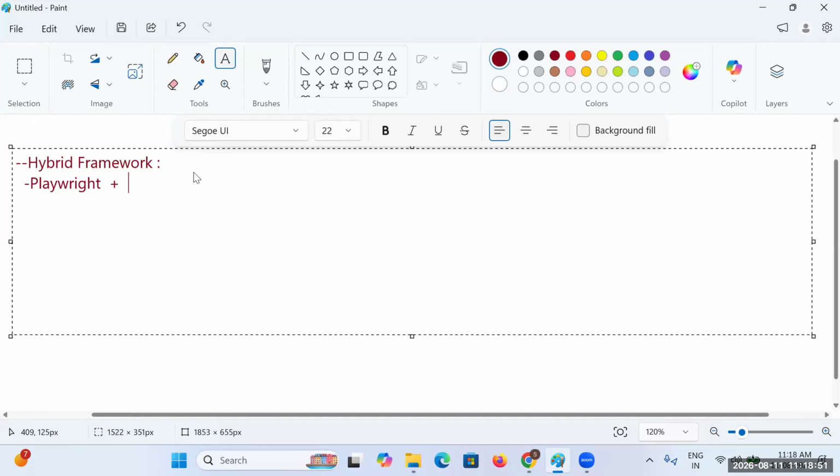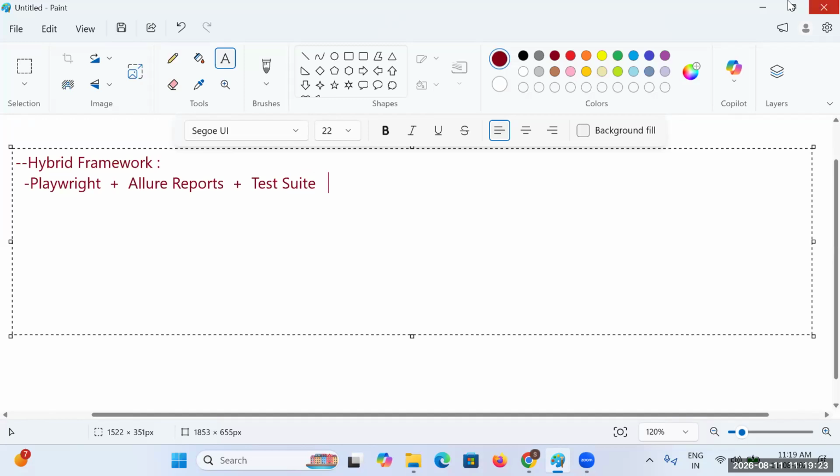For Playwright, you will be integrating features such as Allure reports. For the Allure reports, we integrated the test suite. So up to this, we are already done.